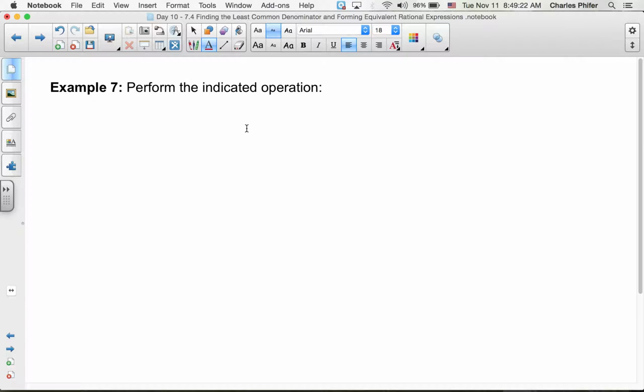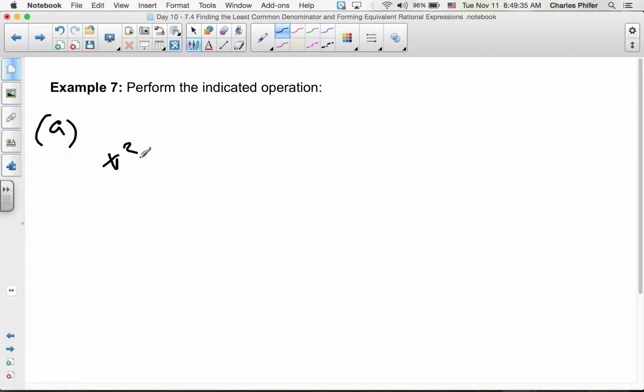Okay, so in example 7, we want to perform the indicated operation. So let's see what's going on here. So part A, the denominator is x squared minus 6x under 4, plus, we got 2x minus 12 under 5. Okay,